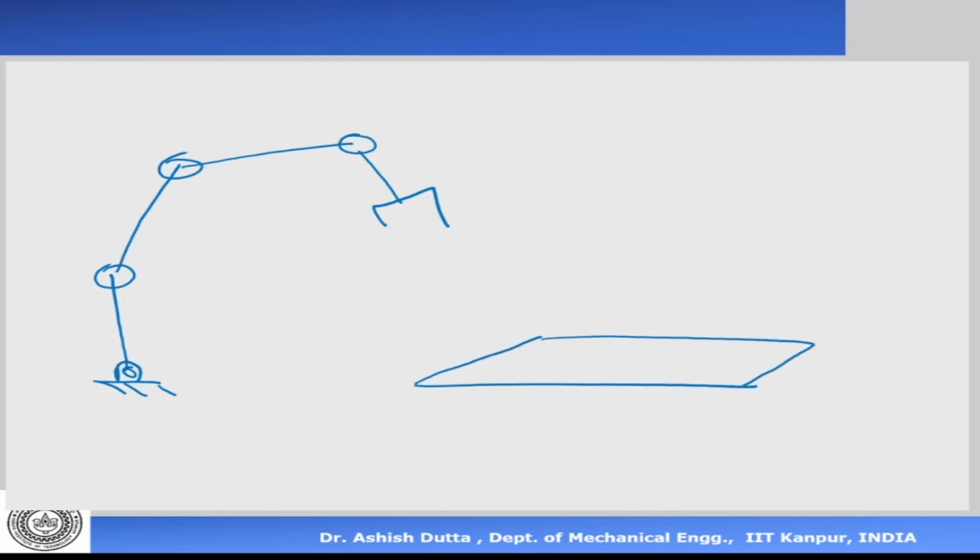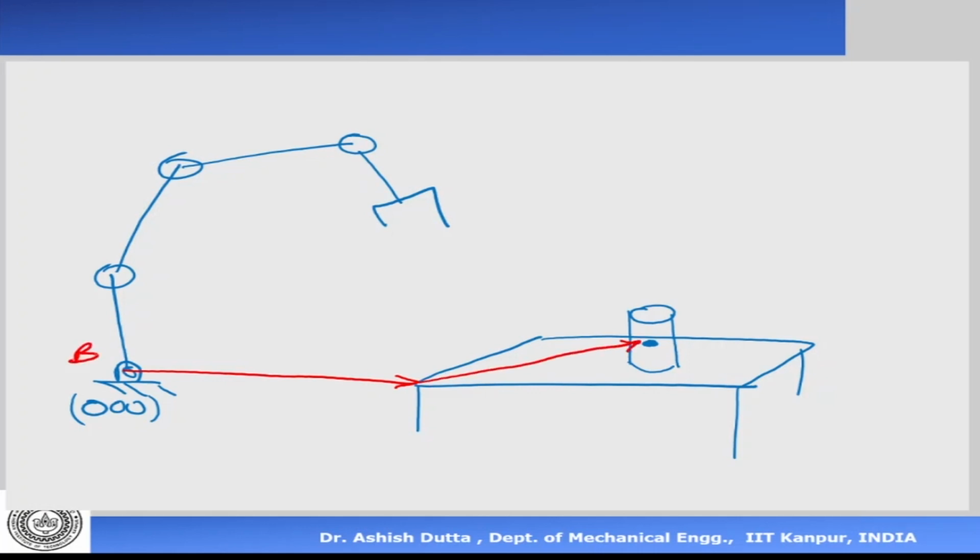As we go along, it will become clearer, but just to give you a very brief insight into the requirement for all this, suppose you want to pick up an object which is kept on a table. This is 0, 0, 0, which is fixed space. Now this will have some coordinate. I want to catch that, so I need to know this vector. So from here I'm going here, then from here I'm going there. Let's call this base, this table, and this part.